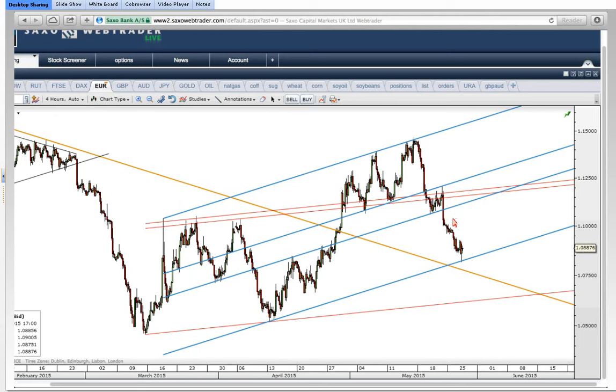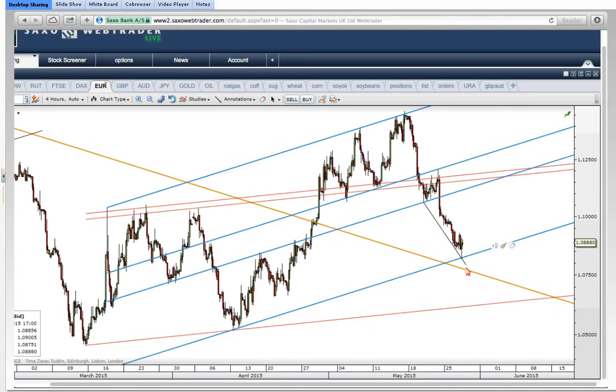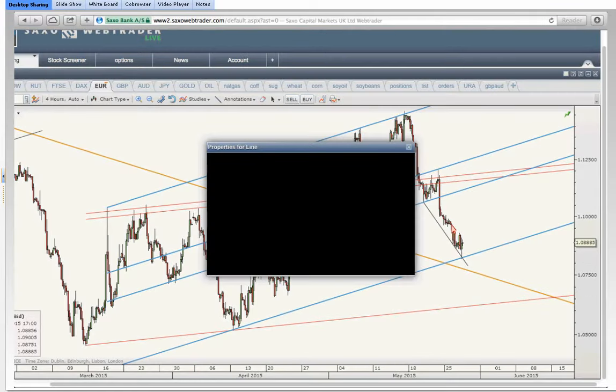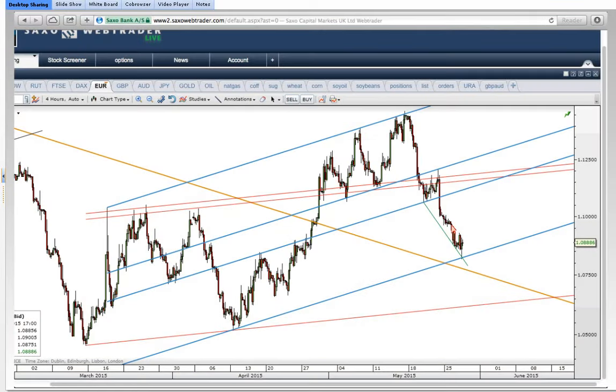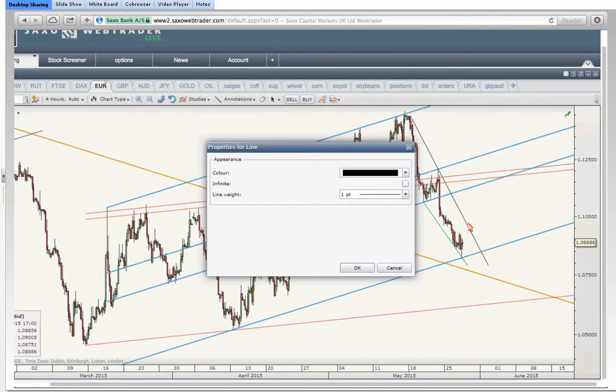Also, this kind of support, this black line that I just plotted, was already telling me that it can hold. So I'm going to put this green, and I can see maybe we're going to see a declining wedge, a very sharp, very steep declining wedge forming here. So I would expect something like a head to the upper band,